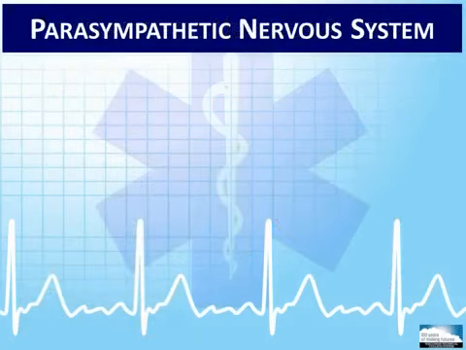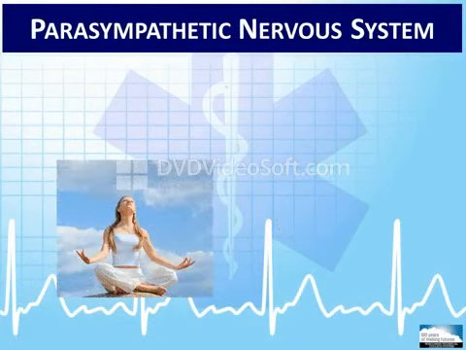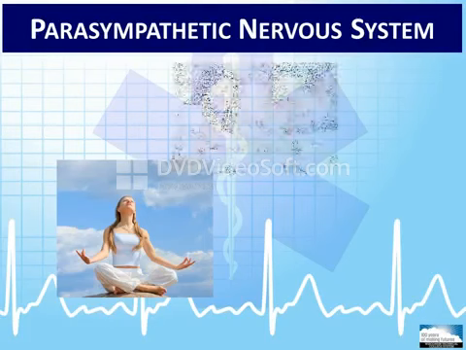If we called the sympathetic nervous system the body's gas pedal, the parasympathetic nervous system would be the brake. This is a system that turns off the sympathetic nervous system. It is also the system that works to regulate vegetative functions such as maintaining a normal heart rate or blood pressure. Because this system slows us down, so to speak, it is often referred to as the feed or breed